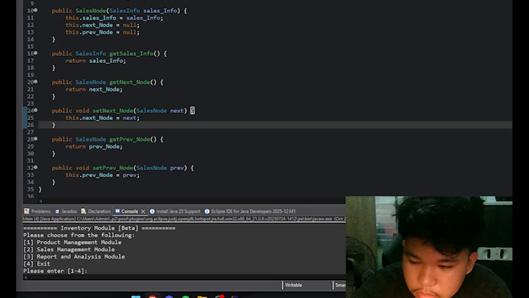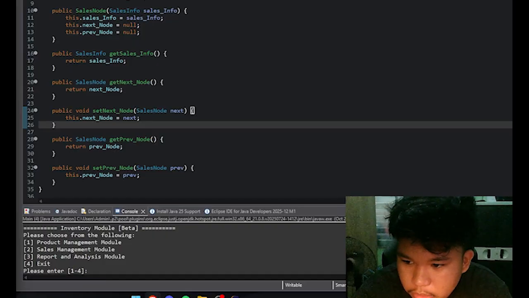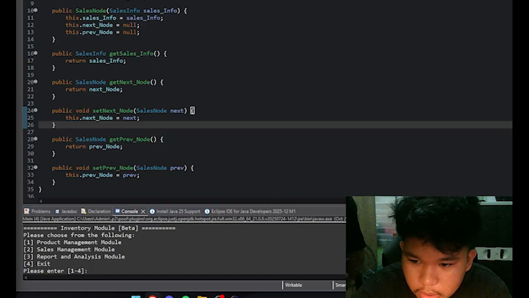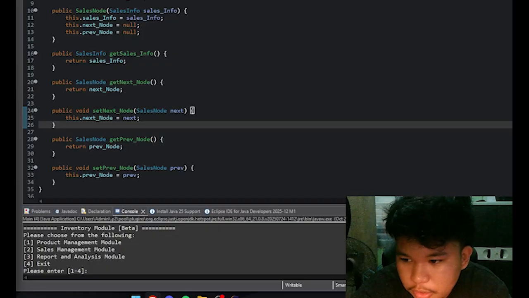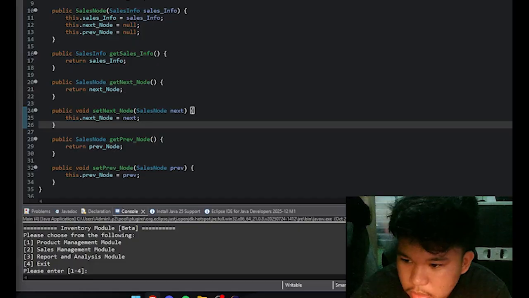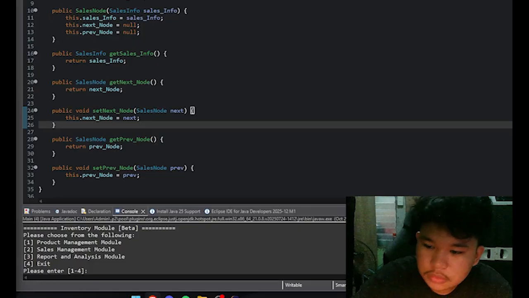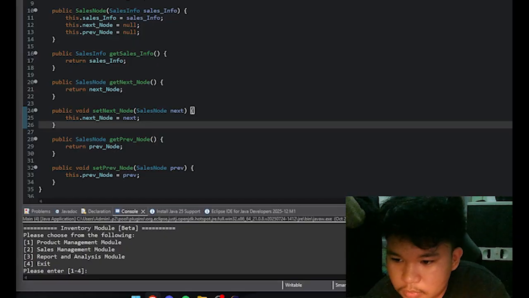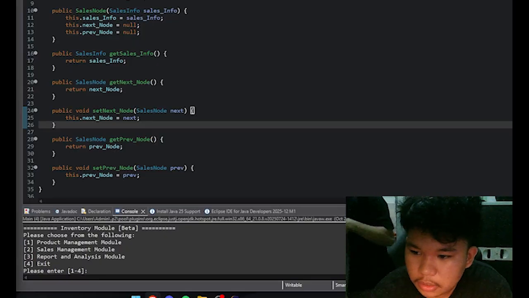And in terms of report, it loops through nodes to sum values like the revenue for system insights. And lastly, the update inventory. After a sale, it reduces the linked product's quantity.